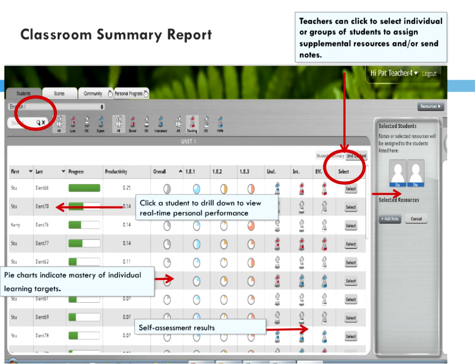Moving to the next, this is a class view, so it's the same kind of data, but you can see it for the whole class. The green shows you who's getting ready to move out of a unit. The little circles represent where kids are in terms of their mastery cycle. It shows their self-assessment. It also has a selector button you can see on that red circle on the right,